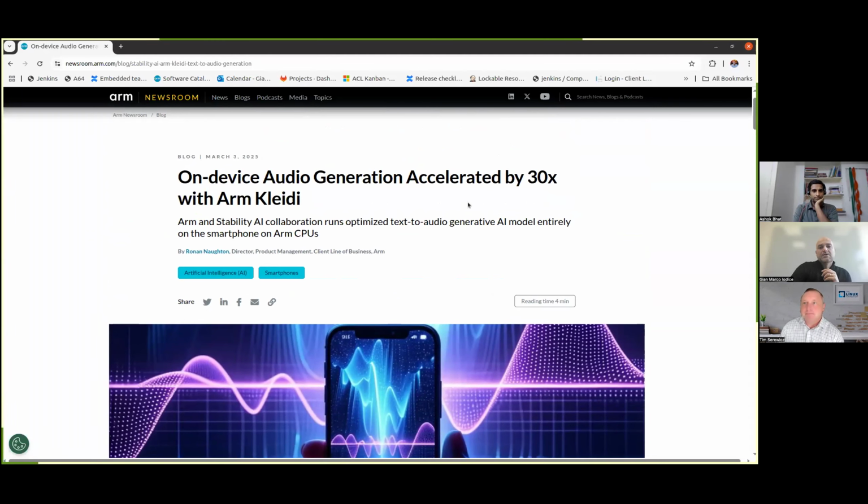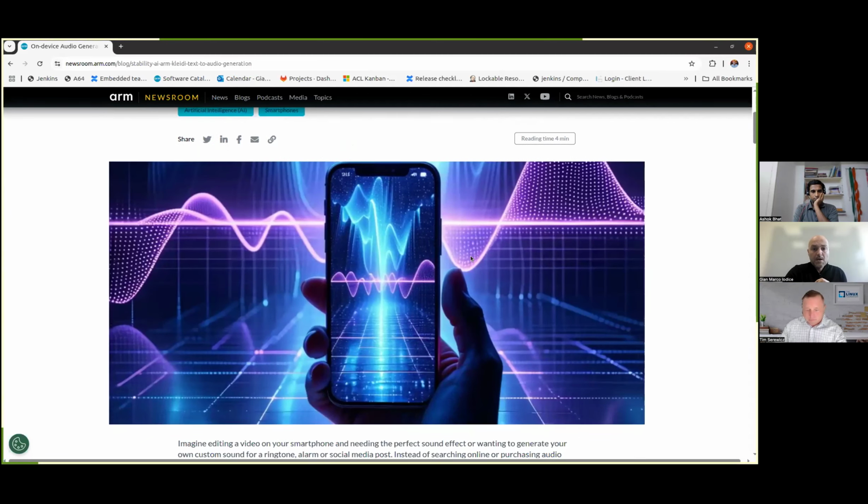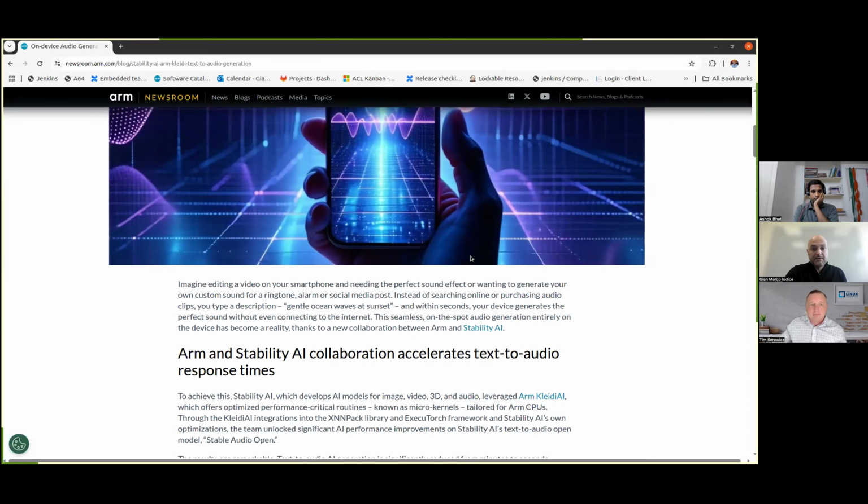Yeah, I can see. So this is our most recent demo that we accelerated through Clyde AI in collaboration with Stability AI. If you don't know, Stability AI is behind the most famous model for generating images, Stable Diffusion. And we had this collaboration to bring for the first time a model that is capable of generating audio samples from text in a very short time. We're talking about around 7 seconds to generate roughly 11 seconds of audio. So this has been accelerated with Clyde AI using Executorch.